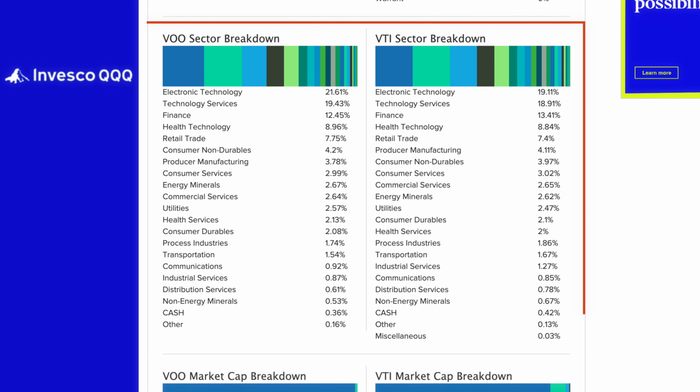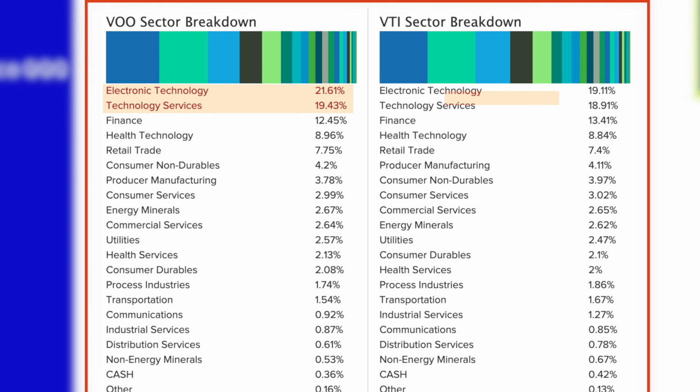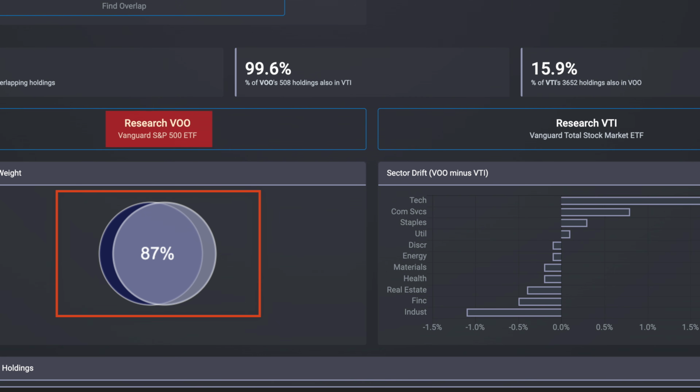And then if we break down the sectors that make up each fund, you can see the largest ones are in technology, where for VOO, they're going to be slightly higher than VTI. But if you look closely, they are all very similar and mostly within a percentage of each other. From there, because they are so similar, if we look at the overlap between the two, 87% of VOO is calculated to be inside of VTI,